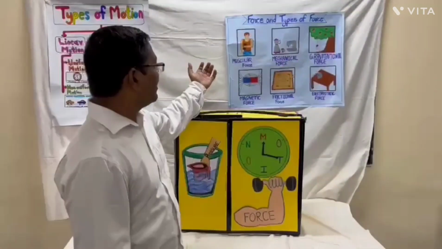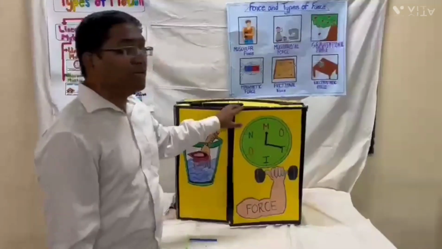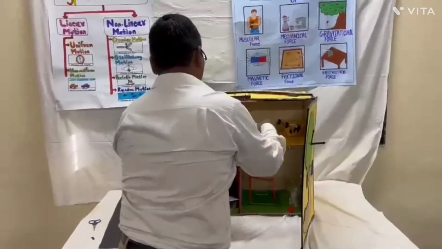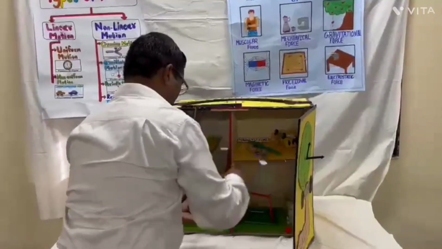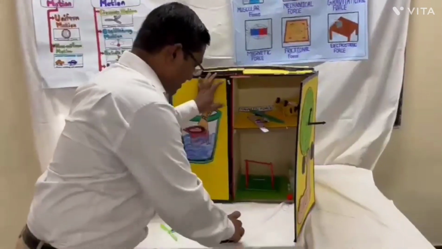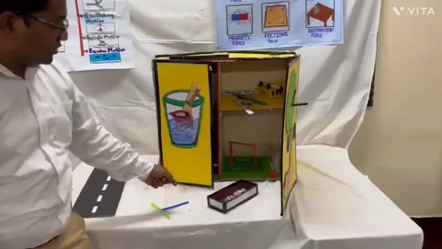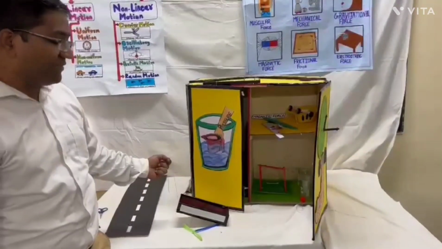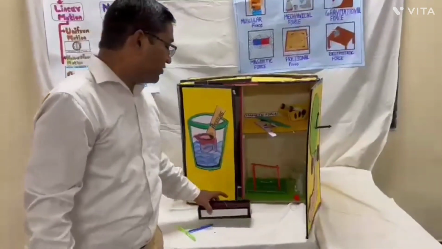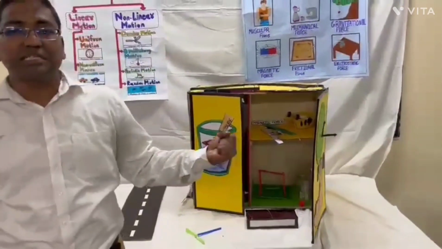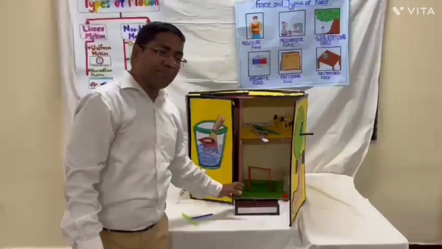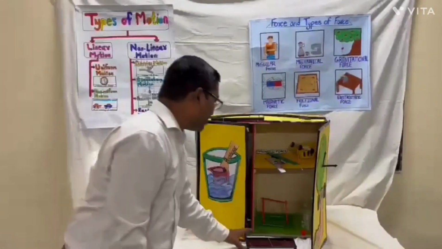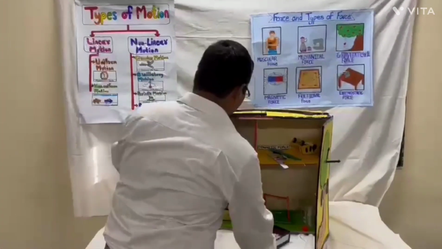First we start with the muscular force. As you see, the man has the dumbbells in his hand. One more way we will show: there is one tray. Like this, for pulling this, we use a thread. So I am using my muscles to pull it in a straight line. That way we can show that whichever force is applied with the muscles is called muscular force. So by this simple activity, students can understand the concept of muscular force. In the category of force, next we have